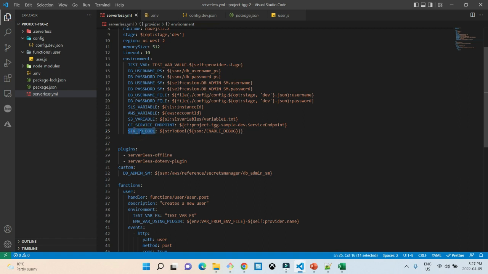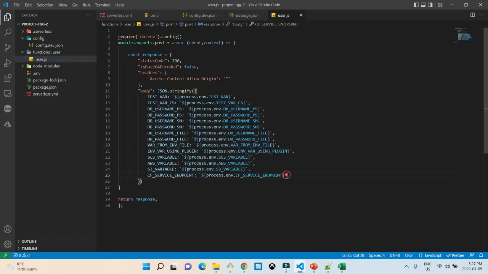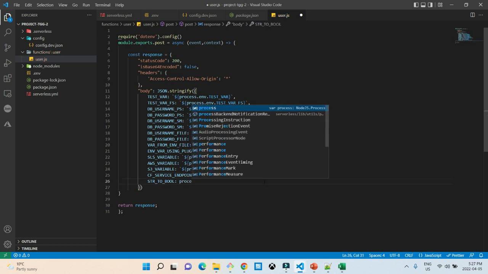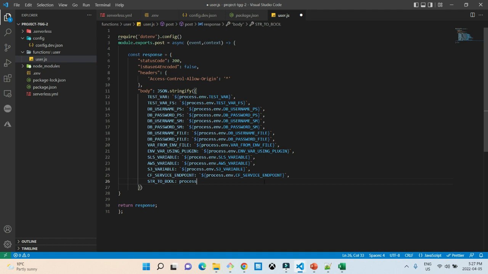Now if I refer to this string to boolean in my lambda function here, this time I don't need to change it into a string, so I'm just gonna output this value. Now this should be a boolean value, so 1 as a string, if we convert it into a boolean value, it should return true. So when we test it,